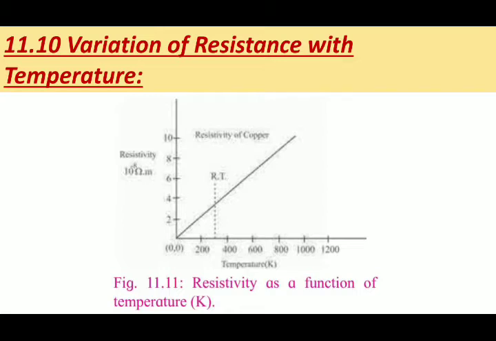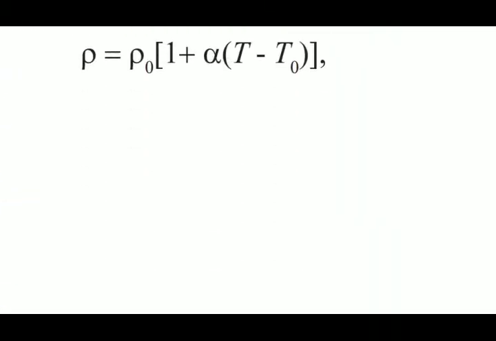Now this graph shows the variation of resistivity of copper as a function of temperature, that is kelvins. It can be seen that the variation is linear over a certain range of temperatures. Such a linear relationship can be expressed as follows. Resistivity of the material is denoted by rho. So this can be written as rho is equal to rho naught in the bracket 1 plus alpha in the bracket T minus T0, close the bracket. Label this as equation number 1,